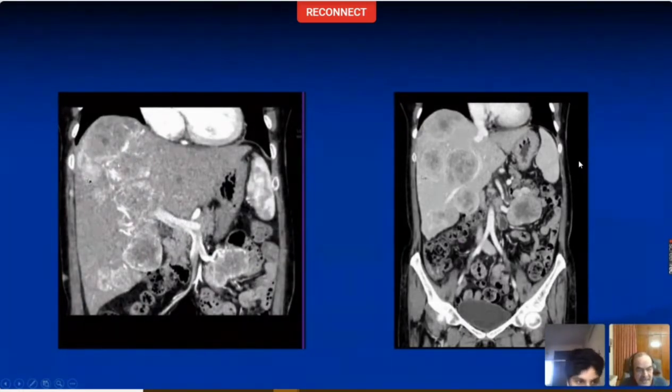So these liver lesions are appreciated, and some of them are showing washout and some peripheral washout. And the left-sided lesion is also showing some washout. Any comment on this image? Yes, sir. The lesion is in relation to the vessels. No, this is a vein, right? This is the portal vein. This is the SM portal vein.